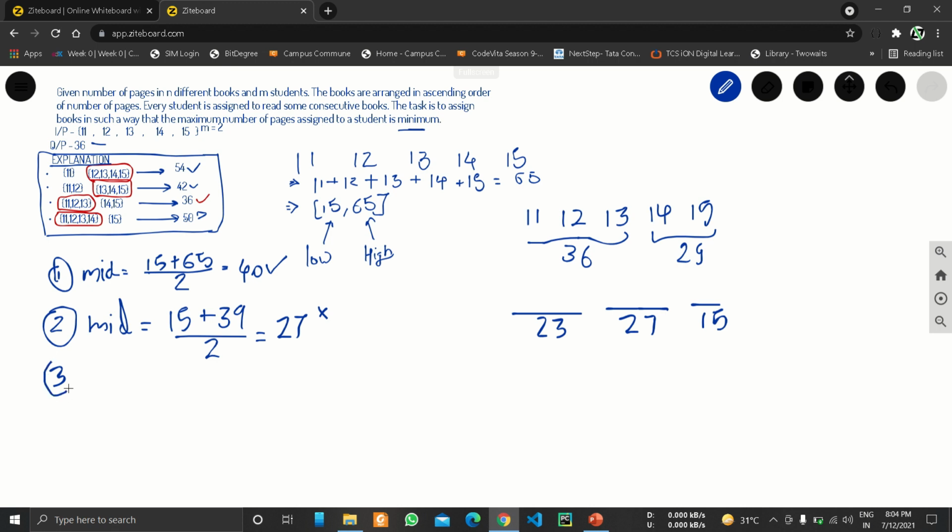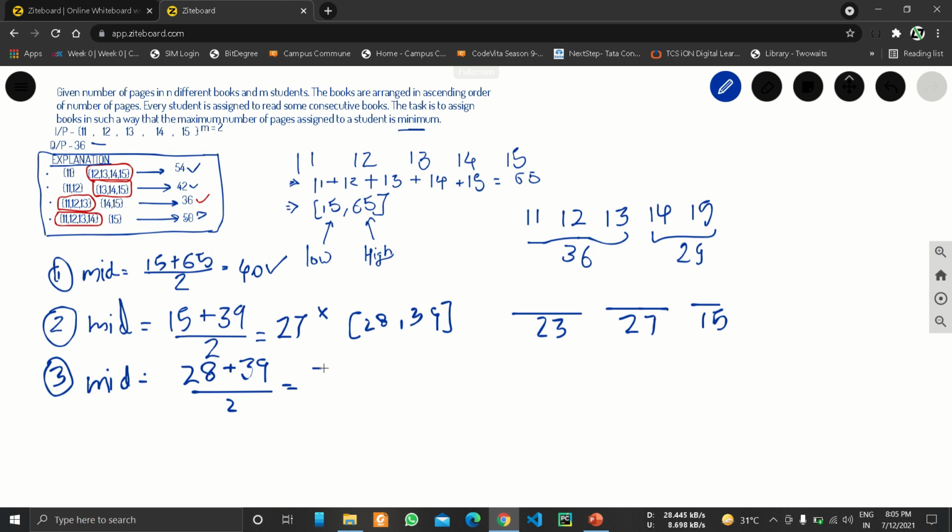So our answer lies between 28 and 39. Our new mid will be 28 plus 39, divided by 2, which gives 33.